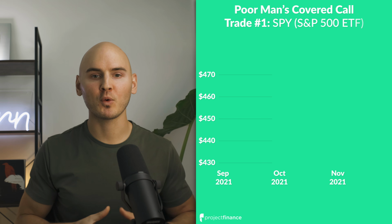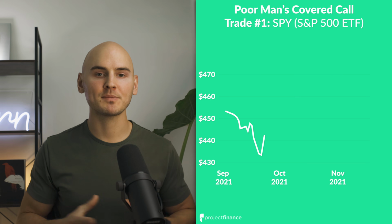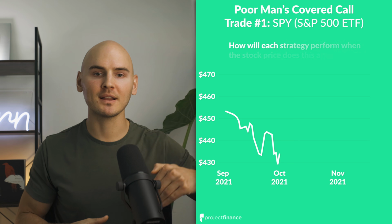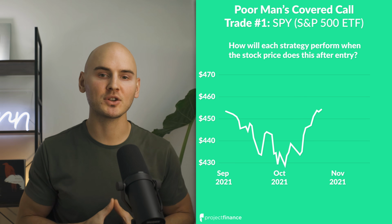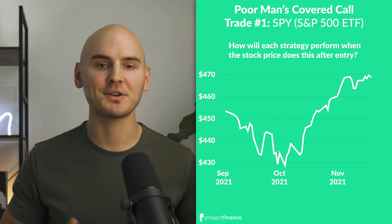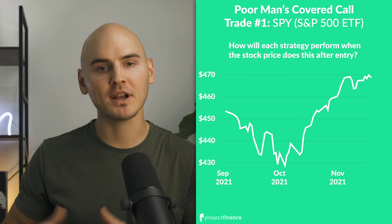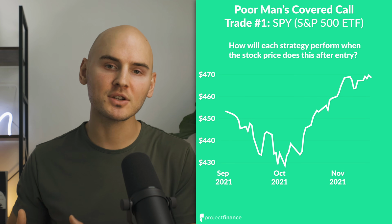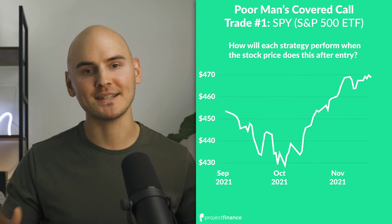So in this first example, we're looking at SPY, which is the S&P 500 ETF. And I chose a period where the stock price was falling and then recovered to see how the poor man's covered call and traditional covered call positions compared in terms of profits and losses. So the graph right here is exactly what the stock price is going to do right after entering the poor man's covered call and traditional covered call positions, and we can see how these strategies perform throughout these stock price